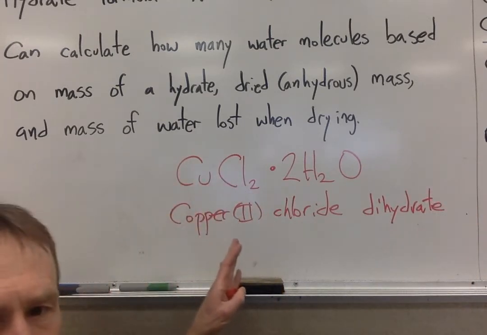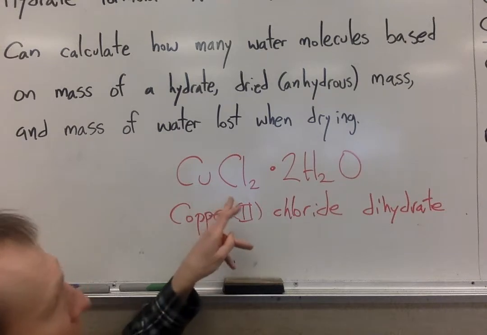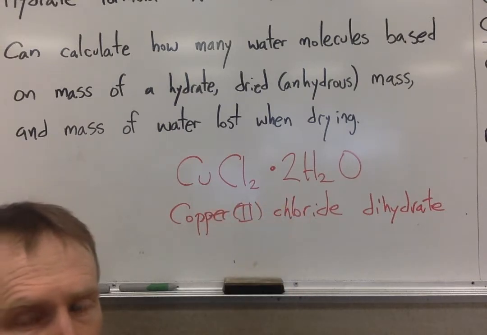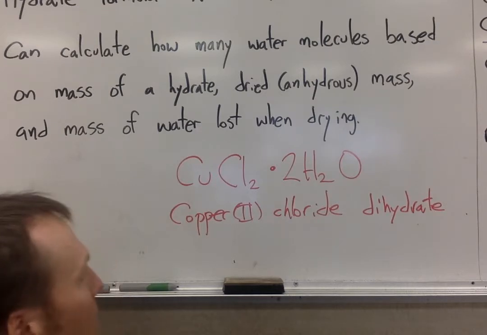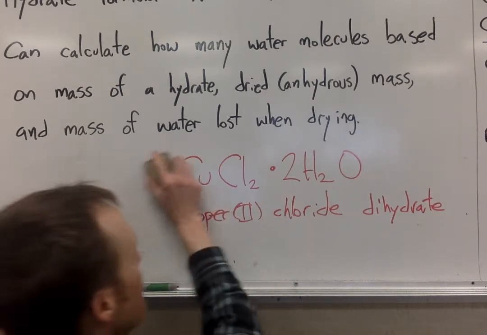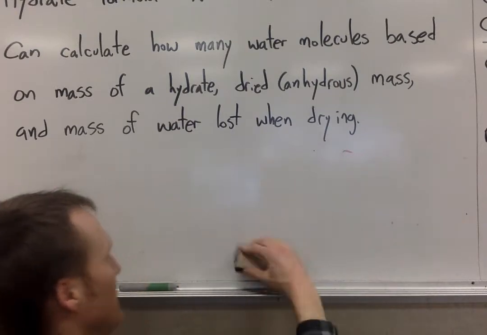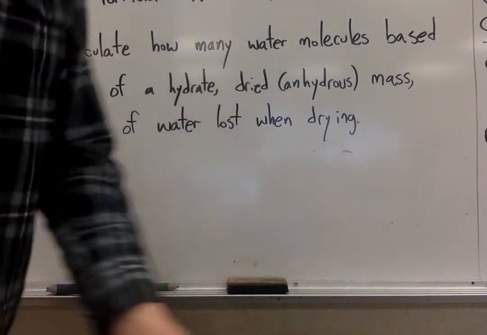The crystalline structure of copper(II) chloride dihydrate has 2 water molecules locked into the crystal structure for each formula unit of the copper(II) chloride. That makes it a hydrate. What you can do that's pretty cool is you can actually start